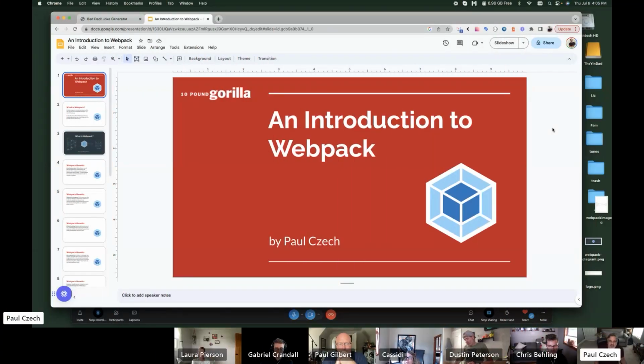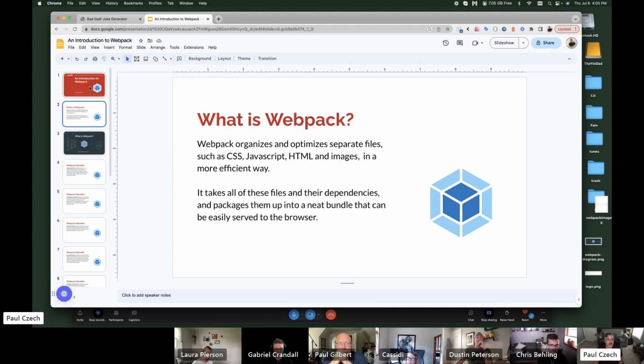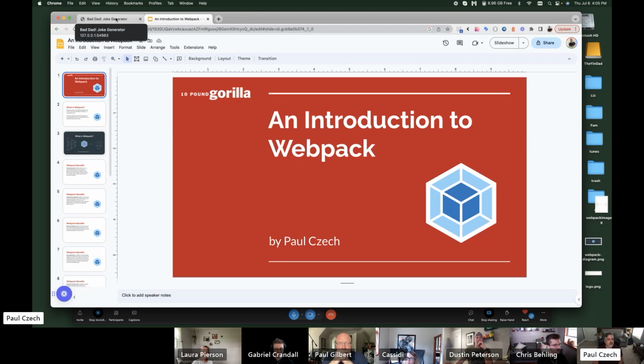All right, so today I'm giving an introduction to Webpack, and it's a really deep technology, but I just want to give a basic overview to tell you what it is, and then we're going to look at some of the benefits that Webpack can bring to a development environment, and then also talk about some of the core concepts. And then some of the code examples of how I implemented Webpack are on this just a basic web